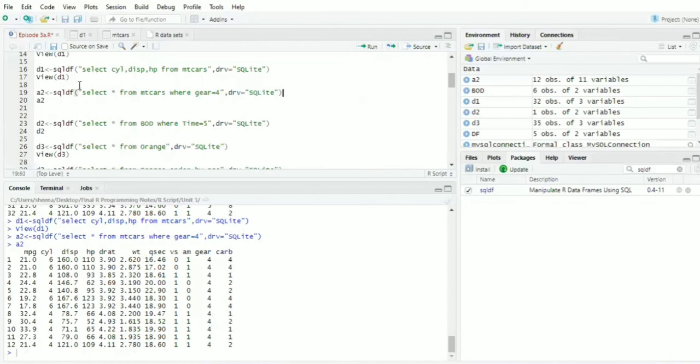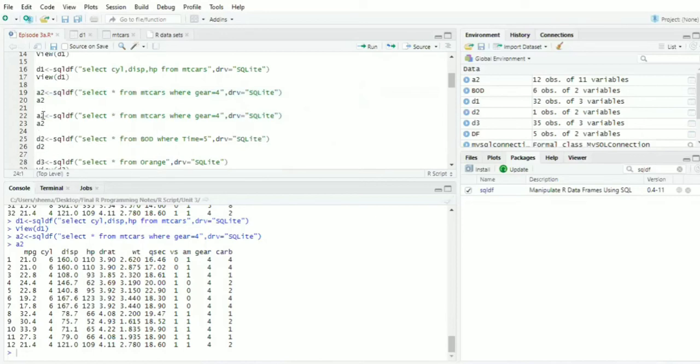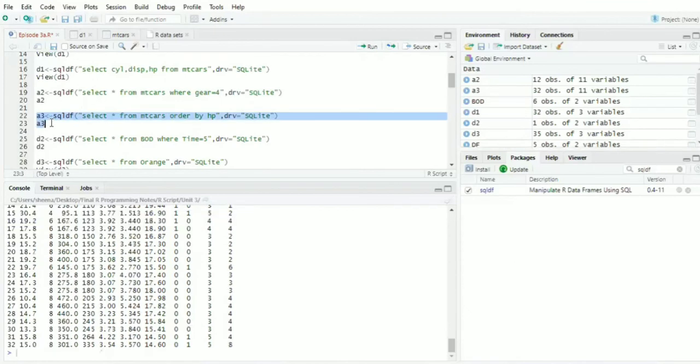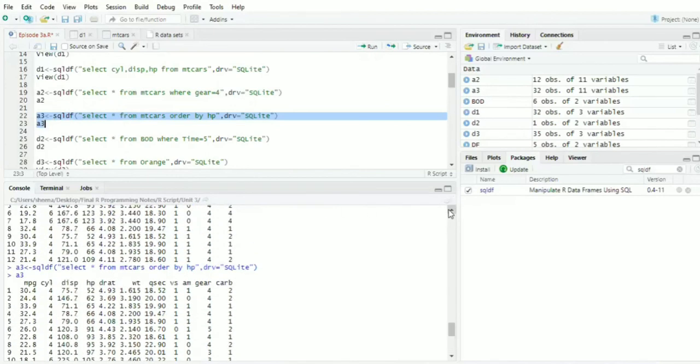I will just copy this to avoid typing again, make the variable name A3, and in place of where gear 4 I will write order by HP, and assign it. Control enter. Now we can see that the entire table which is displayed is sorted.